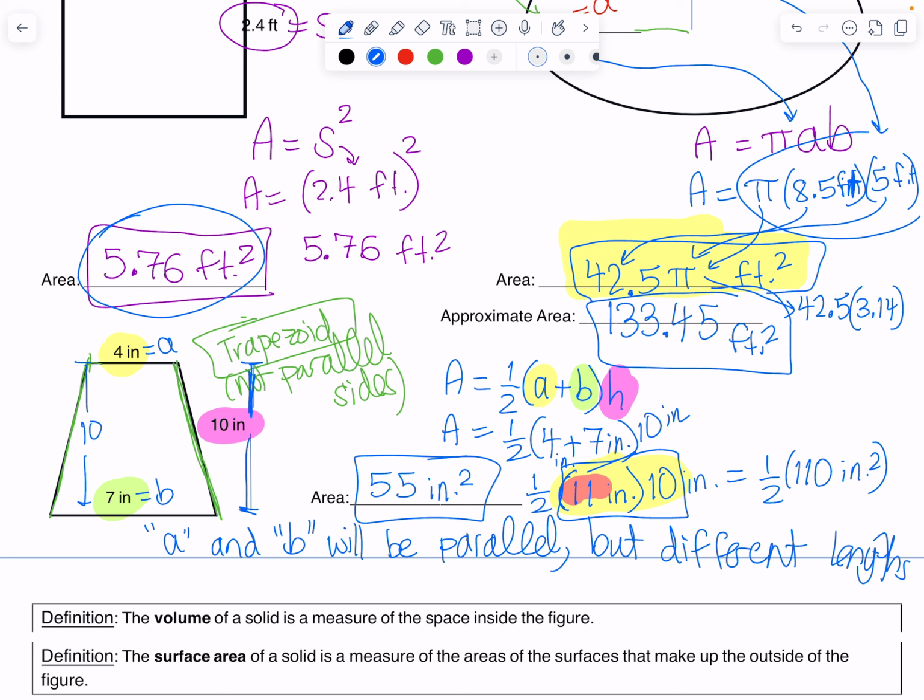Okay, that was fun. That's pretty much it for 2-dimensional objects. Then in the next video, we'll talk about volume of 3-dimensional